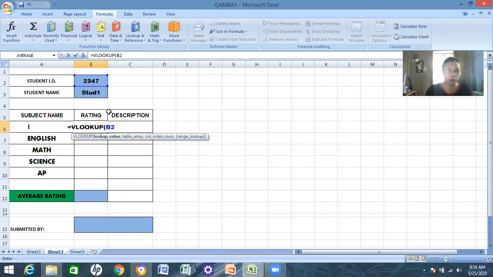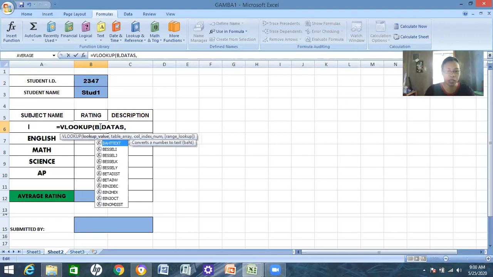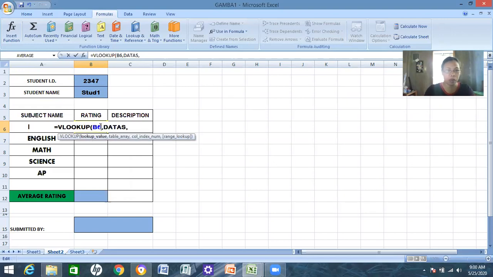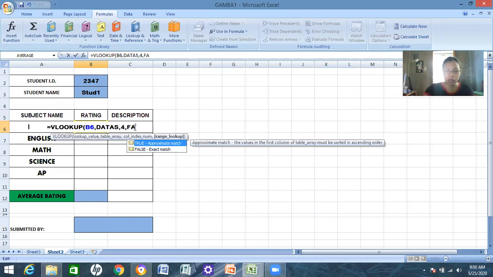We're looking for the lookup value B2, then comma, and then the table array, that is the data that we renamed earlier, and then we are looking for the rating of Filipino under sheet 1, column index number is number 4, comma again, and then FALSE to look for the exact match, and then